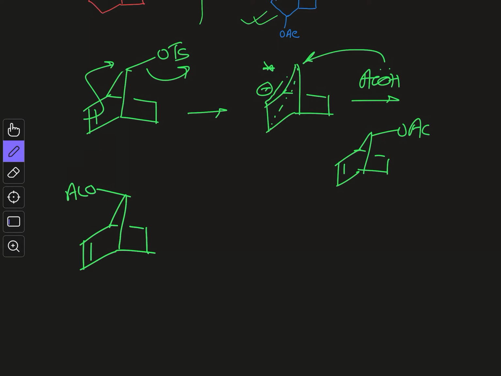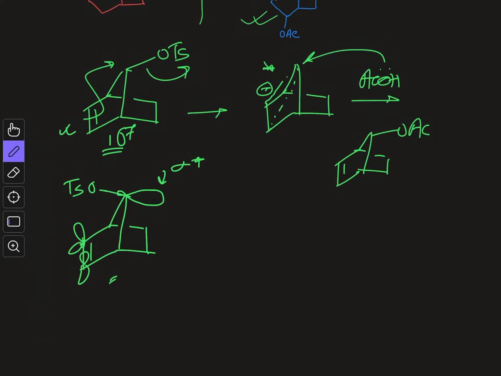So the sigma star orbital, if you consider the sigma star orbital of this, sorry, this is not OAc, actually this is OTs. The sigma star orbital of this C-OTs bond, you can see this is the sigma star. This is not perfectly oriented so that this double bond can participate. So this neighboring group participation from the double bond cannot occur here, and that's why if you compare the rate of these two reactions, this one will show almost 10 to the power 7 fold higher rate compared to this one. Okay, it may not be 10 to the power 7, but definitely it will show a much higher rate compared to this one. But the question here is what will be the product in this particular case.